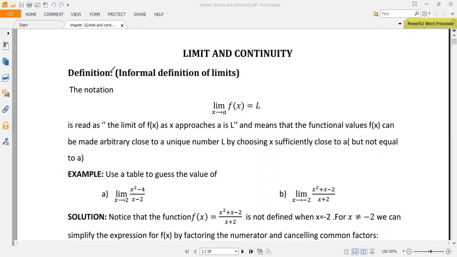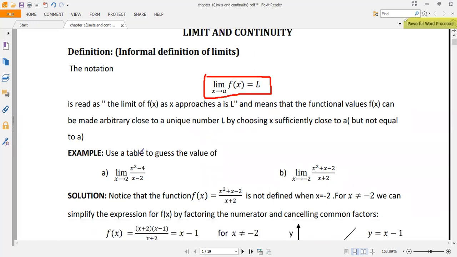The informal definition is defined like this. The notation lim as x approaches a of f(x) is equal to L is read as the limit of the function as x approaches a is L, and means that the function value of f(x) can be made arbitrarily close to a unique number L by choosing x sufficiently close to a but not equal to a. So as an example, we can give the following examples,